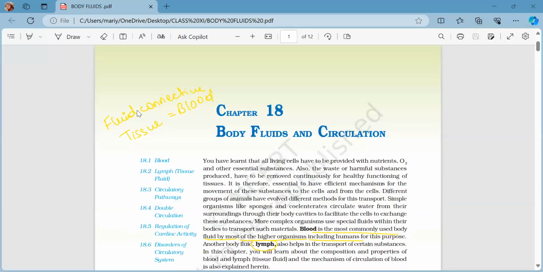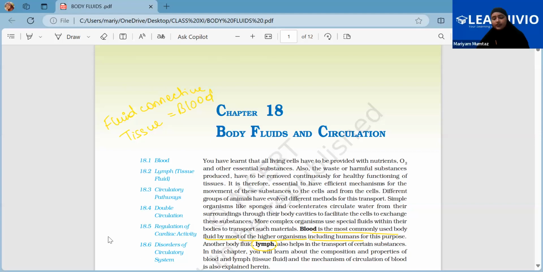Now we don't have a lot of chapters left, but I am not worried about your 12th because I know that you have done it nicely, isn't it? It's just class 11 that is the problematic one, right? Yes, it's just 11. All right. Okay, so we are going to start with body fluids and circulation. Are you tired? No, ma'am.